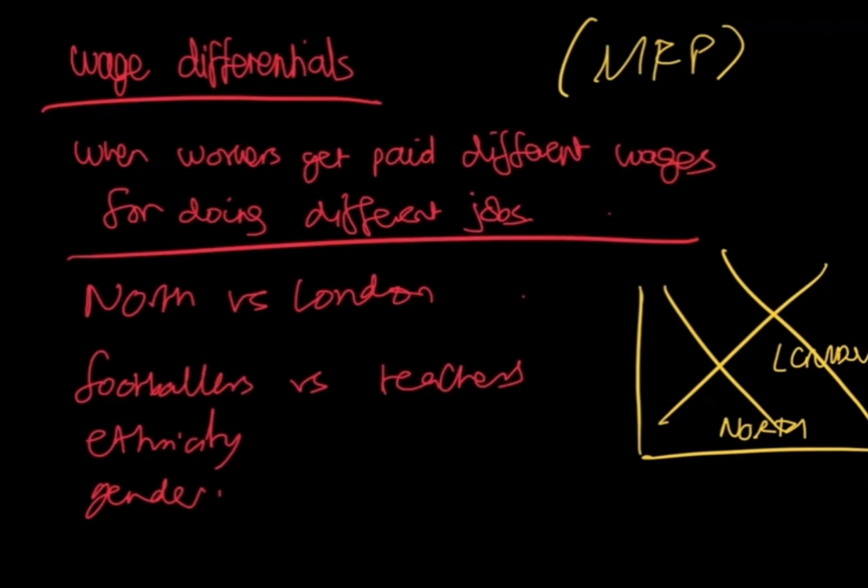You could argue that they're not, it's just theory, but the book will tell you that higher skilled workers with a higher MRP, the ones that went to university and studied very difficult degrees, or skilled doctors or surgeons, are more attracted to live in London. Therefore the average MRP of London workers becomes higher than the average worker in somewhere like Newcastle. That's just a theory. Makes sense, right? Yeah. Cool. What about footballers versus teachers?